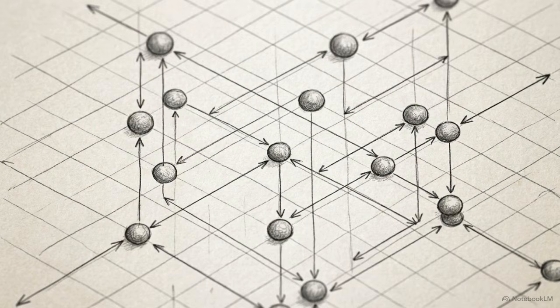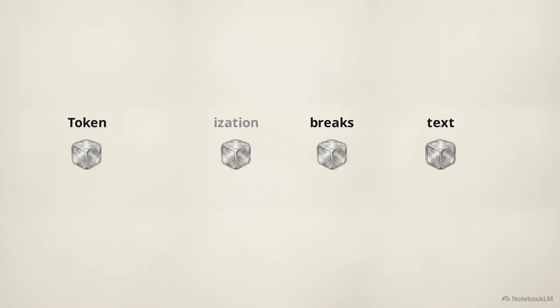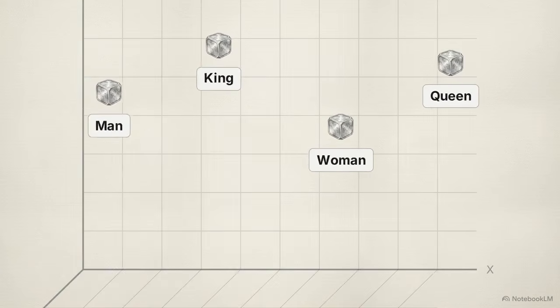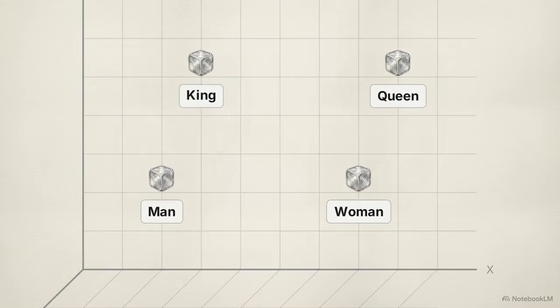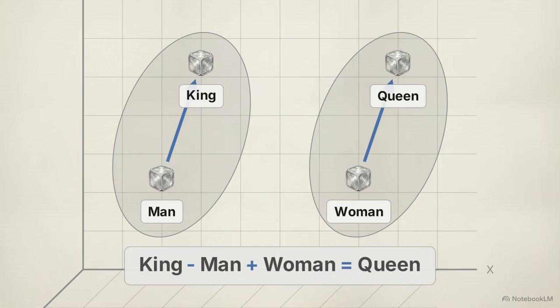Large language models convert raw text into high-dimensional spatial geometry. The initial step is tokenization, breaking raw human text into discrete numerical units called tokens. Tokens are mapped into a dense, multidimensional vector space through embedding. In this geometry, physical proximity equals semantic similarity. The spatial relationship between man and woman is identical to the distance between king and queen, allowing for direct algebraic